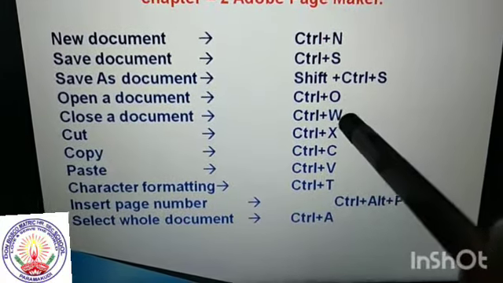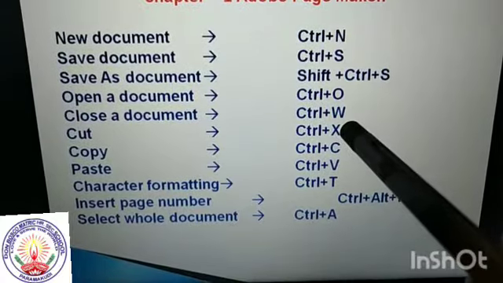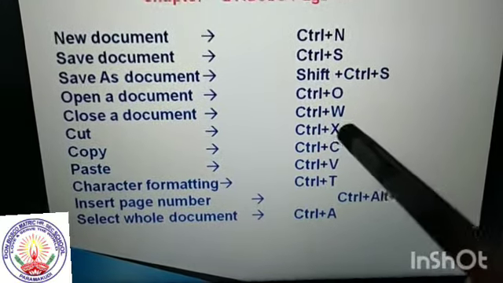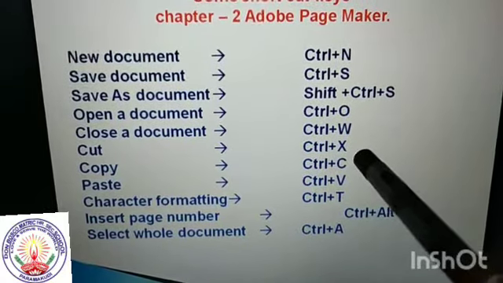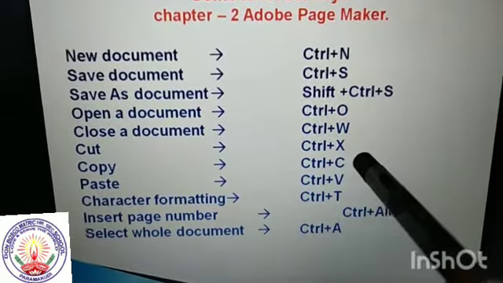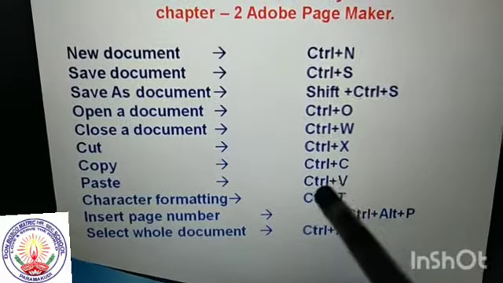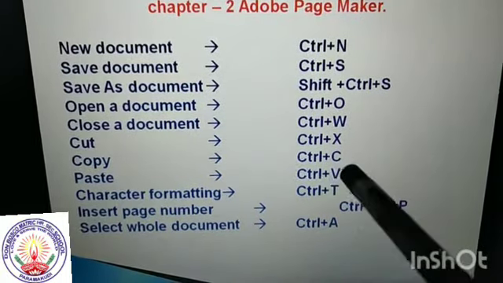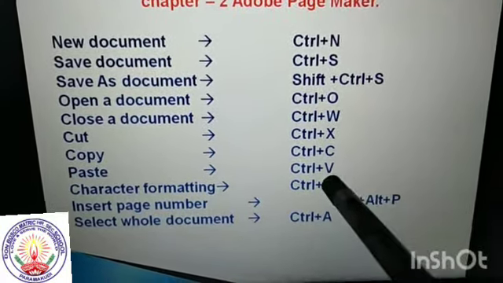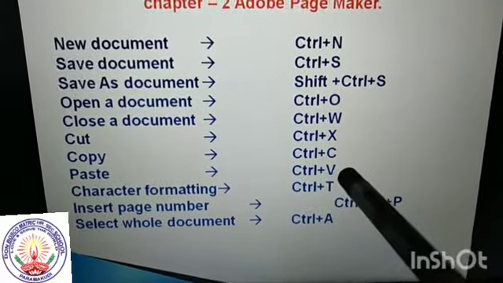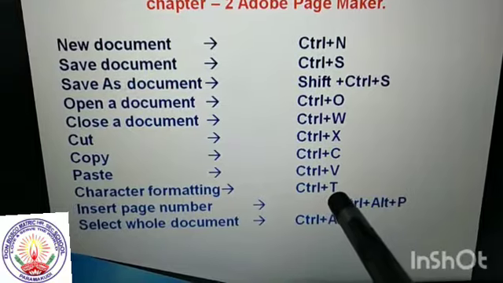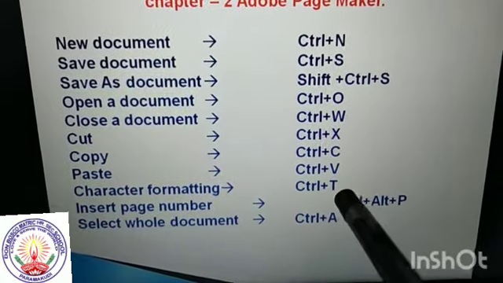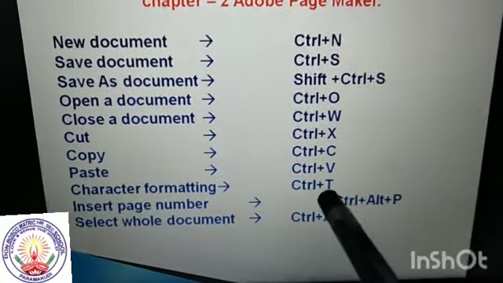And as I already told you in the last video, for cut, copy, paste: Ctrl plus X is cut, copy means making a duplicate copy, Ctrl plus C, and paste means making another copy, Ctrl plus V. Character formatting is Ctrl plus T. Here you have font face, font style, font size, bold, italic, underline.